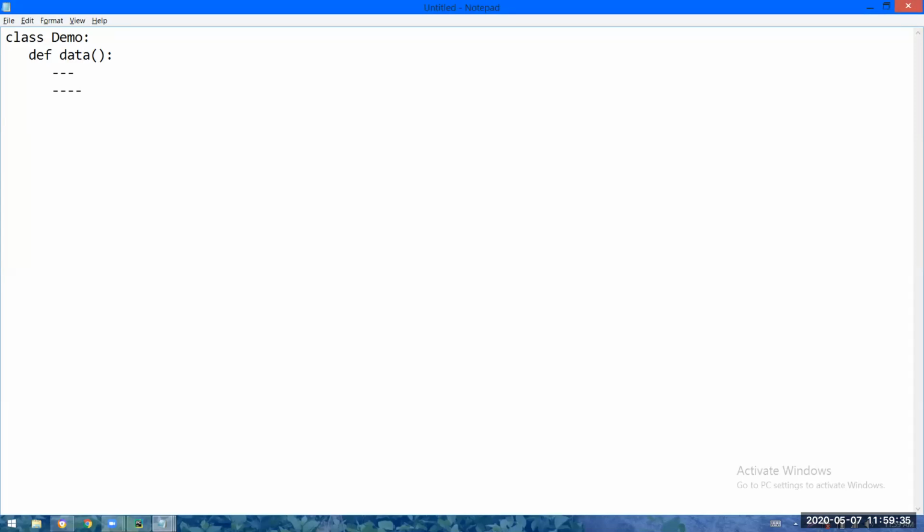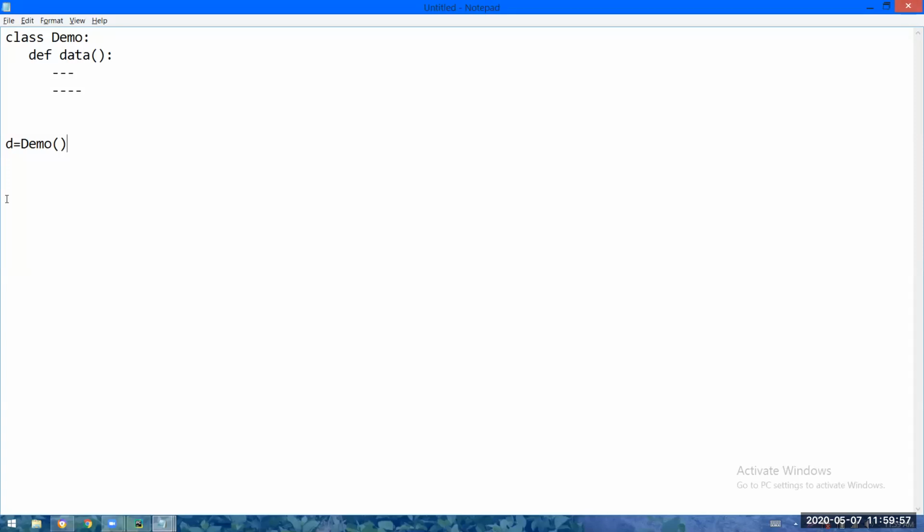And then, if I want to call this method, what do I have to create for the class? Object we have to create. Object, correct. So object equal to class name. What is the object name I have created here? D. Okay. So I am creating an object D for the demo class.